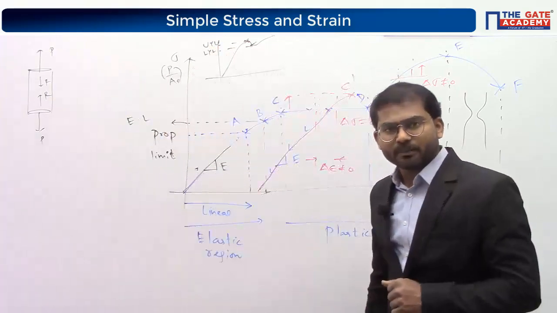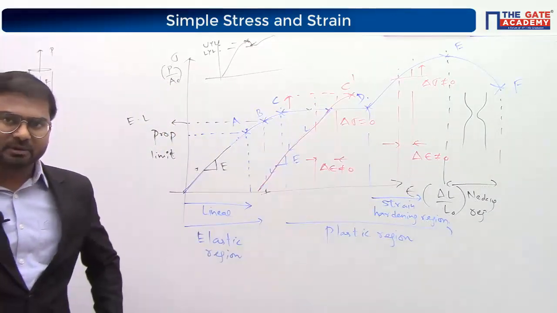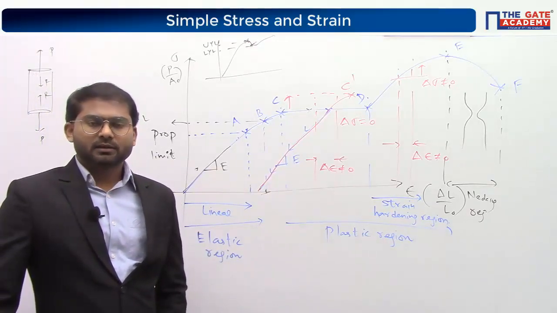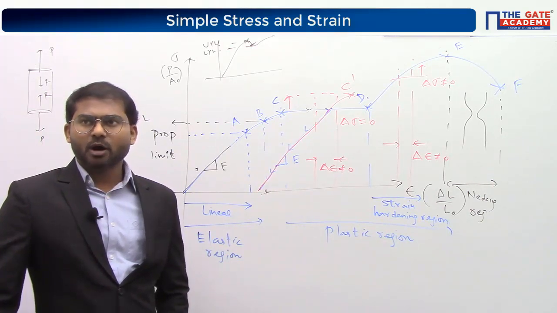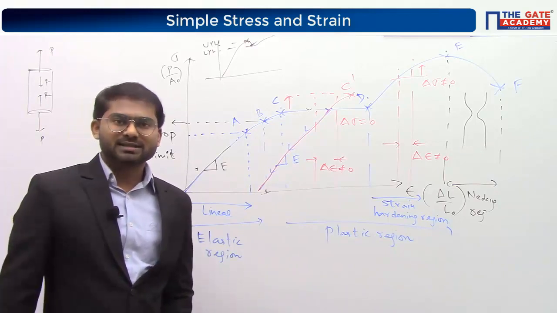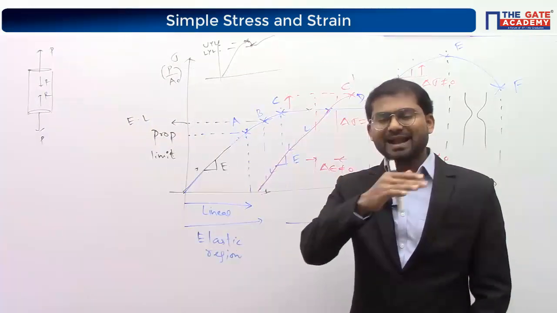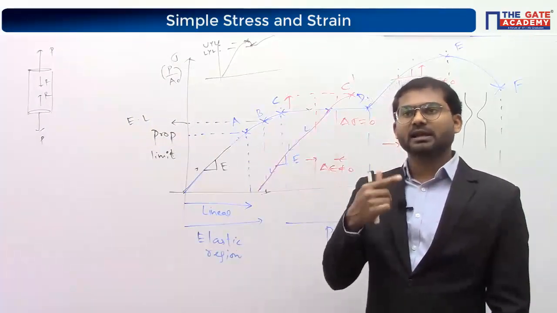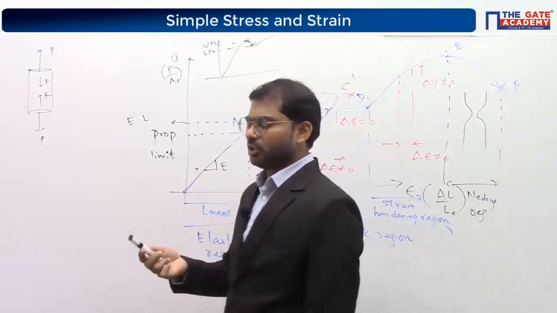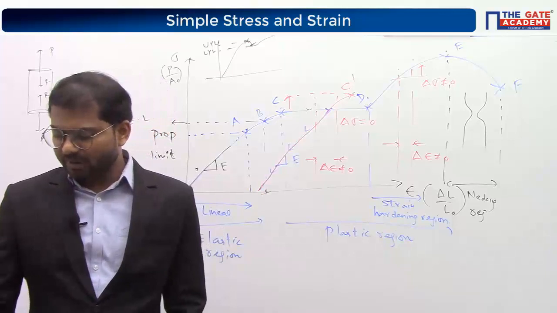For example, take aluminium. In mild steel, I said there are two elements, iron and carbon, right? In aluminium, how many elements are there? One element, yes, because aluminium is a single material. Aluminium itself is the element, so you will not observe multiple yield points there, because in the microstructure you will have only a single element. So you will have a single yield point. Understand? Mostly you will observe multiple yield points in materials that are alloys, because mild steel is an alloy.